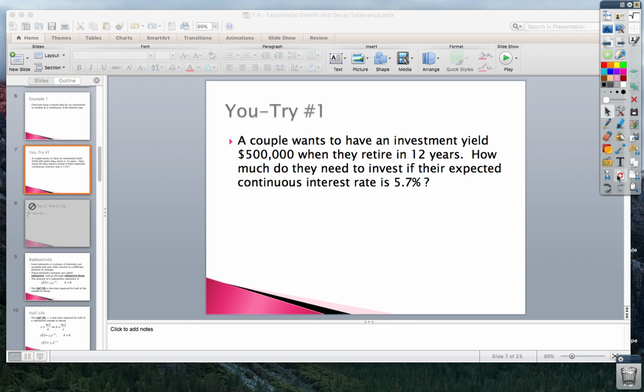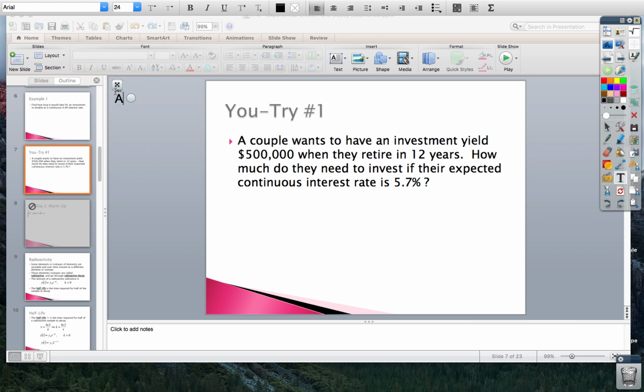So again, if we start off with our A equals A sub 0 times e to the kt, we know that at the end of this 12 years, they want their money to be $500,000. We don't know what their initial amount is, so we're going to keep that as A sub 0 times e to the k, their interest rate is 0.057, times 12, because they want to keep it in there for 12 years. Now, if we just want to solve for A sub 0,